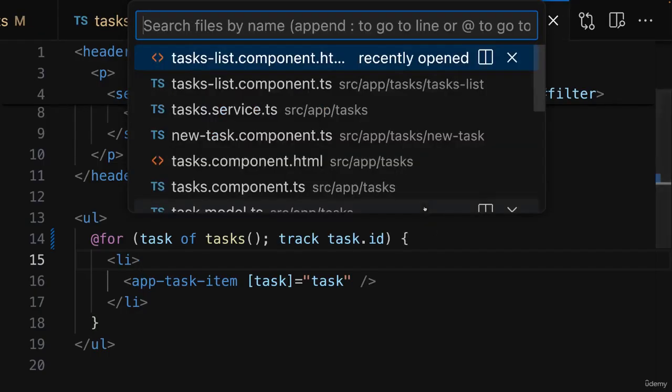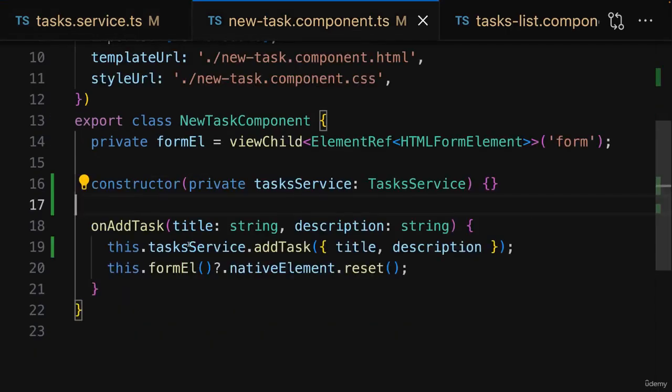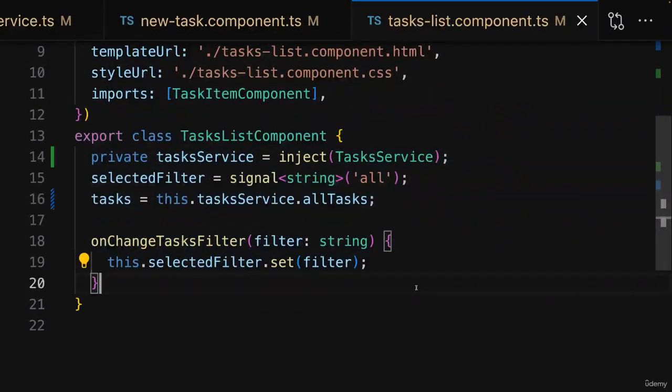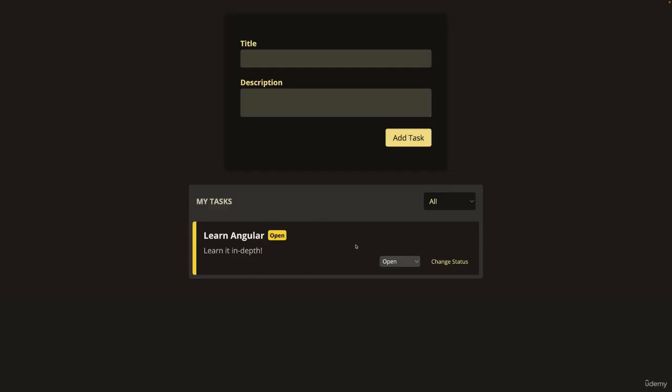And with that, finally, we got the task service, which manages the data and has the logic for changing that data. And we have the new task component, which calls add task to trigger that method where a new task is added, as well as the tasks list component where we also inject the service to get hold of those tasks and output them. And therefore, with all that done, if you save all these files, if you go back to your website and you add a new task like this,